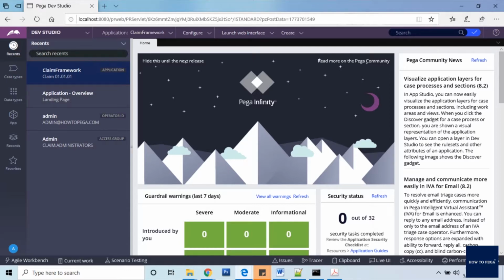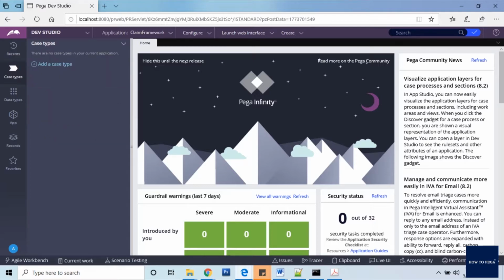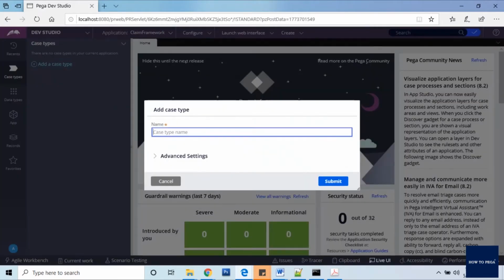When we log into the development portal, in the left menu we have an option called case types. Once I click case types, it will show a link to add a case type. When I click it, it will open a window to create a new case type. For this claim framework, I'm going to add one case type